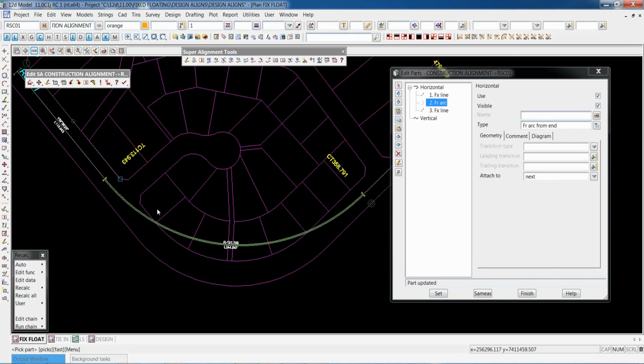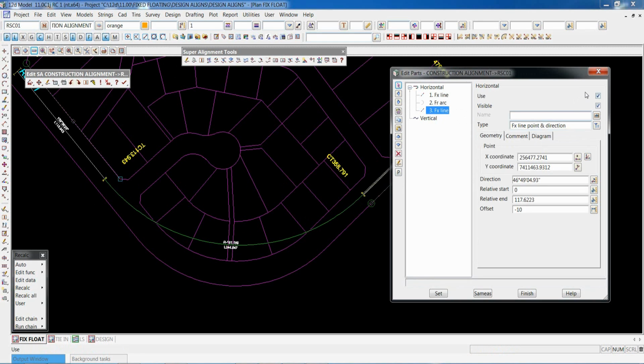So again, that's basically what the fillets or the free arcs are like. They're simply a filleting through between two fixed elements. We're just doing lines, but these also could be any solved part of your alignment string, could be fixed curves. As long as those two parts are solved, the free arc will utilize those two parts. So we go back to our arc here, and we decide we don't want to use the line. We'll probably just delete the line totally.